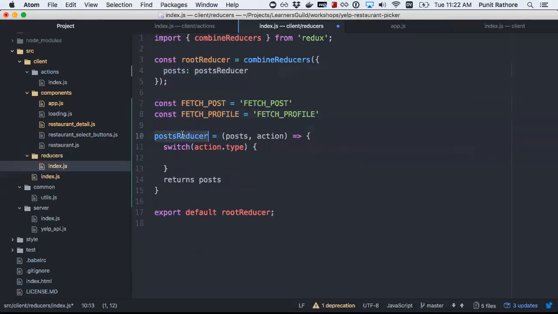Our post reducer really doesn't care about that action. It only cares about actions which do some posty things, like fetching a post, deleting a post, creating a post, etc. So we essentially switch on the action type. We say case